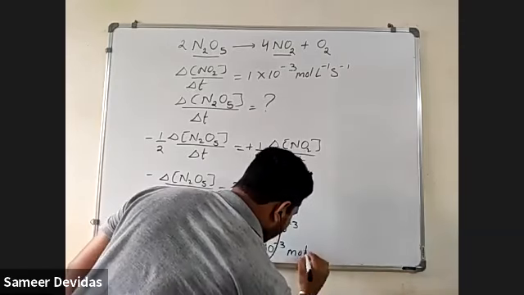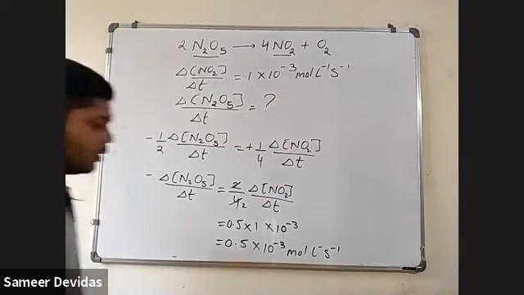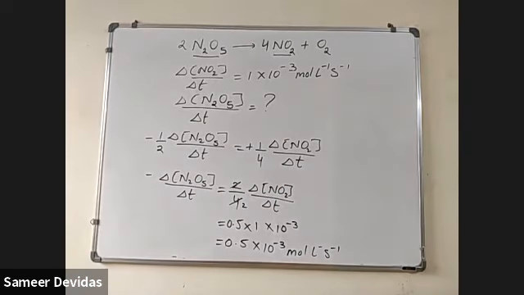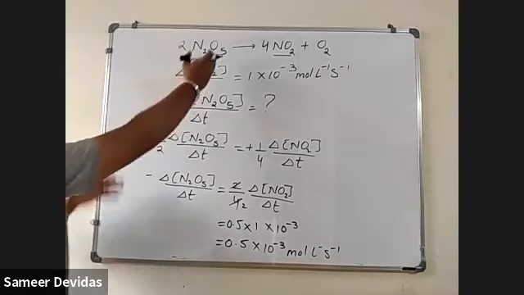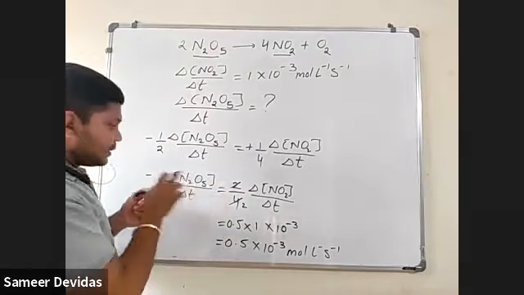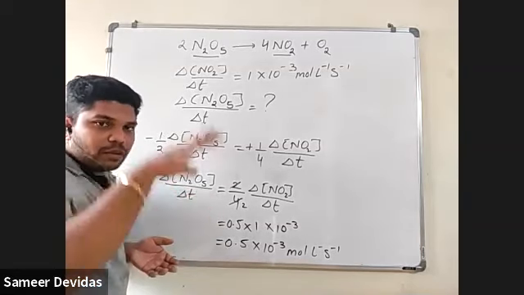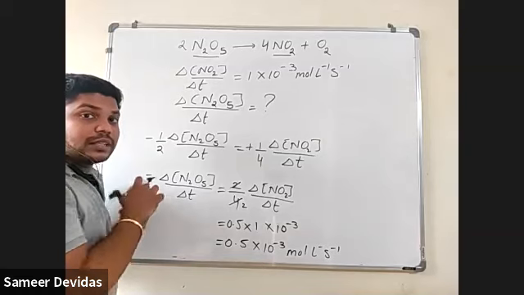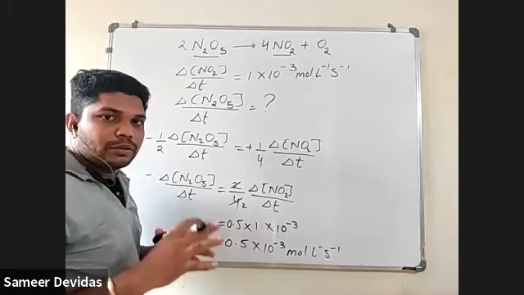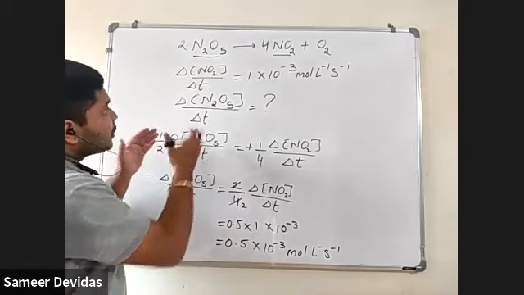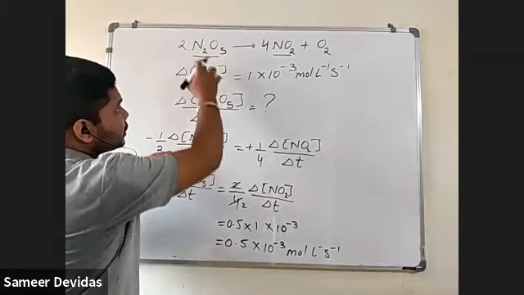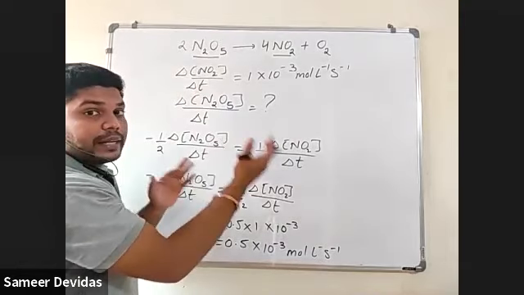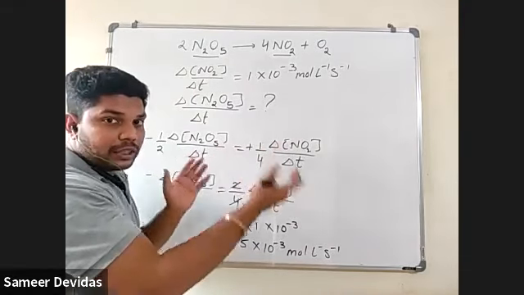Okay. So don't forget to write down the unit. I just forgot. The unit for the rate of reaction is moles per liter per second. And what about the minus sign? That minus sign is there because this is the reactant. Wherever a reactant is there, you have to depict it as a minus because it is always decreasing. This is not a sign mathematically; you cannot call it a sign. In a chemical reaction, how you are writing in a rate of reaction manner, average